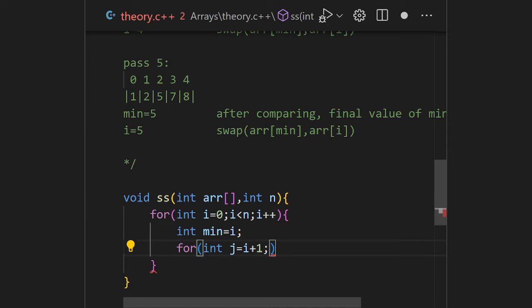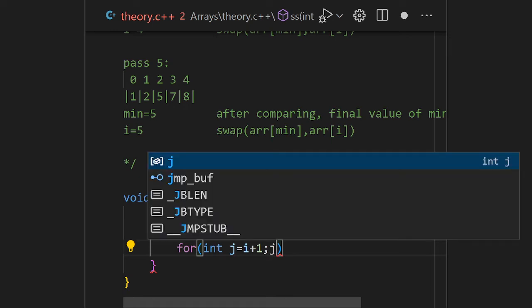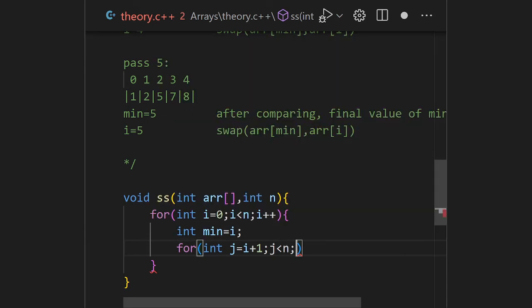So that's why I write i plus 1, because for every i, for 0, i for 1, i for 2, i for 3, i for 5, for every i we have to start from the next element, because at each and every pass one element is already sorted. So we don't have to care about that, and we just pass the elements from the next one onward. So that's why I write here j equal to i plus 1, then j plus plus,